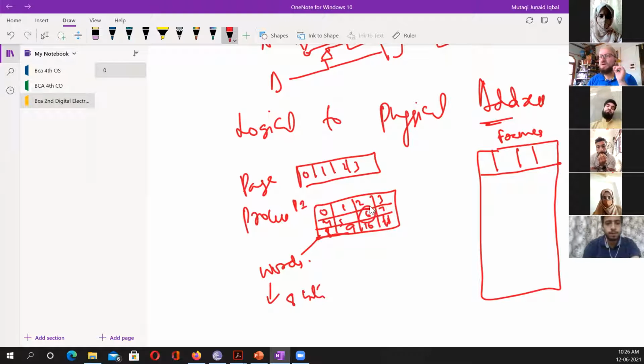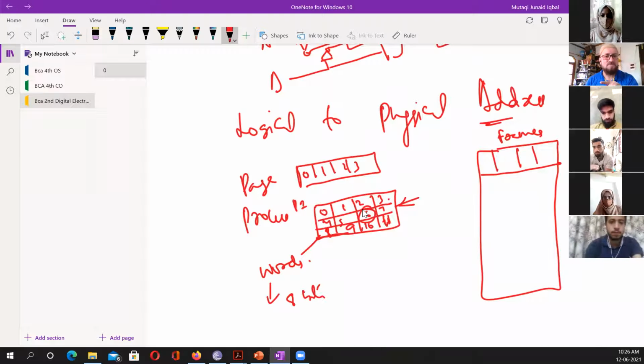And whichever word of that process it is, it has to be loaded in the RAM. And it can occupy any frame because it is non-contiguous memory allocation, right? It is not like page 3 will go on frame 3, page 2 will go on frame 2. It can be anywhere in the spaces, so that we don't have external fragmentation at all. That's why we did the paging, so that we can load any page anywhere, but we have to load a page, not a byte. This is important. We have to load the whole page. If I'm loading the whole page, that means all these words, 4, 5, 6, 7. And that is why